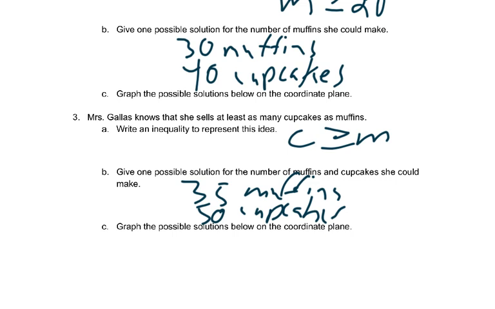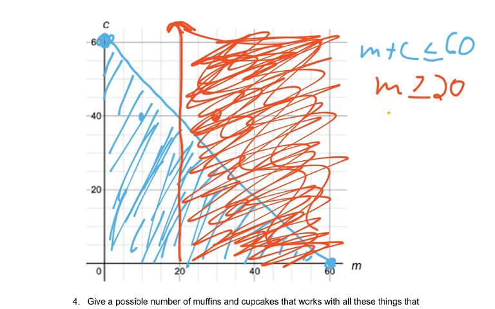So now let's go ahead and change our color. I'm going to do this one in yellow. So we have C is greater than or equal to M. And this is going to have a C and M intercept of 0. And then our slope in this case is 1, right? So I could plot a point here, for instance. I could plot a point here, for instance. And it's going to be this line like this. Put an arrow there because it goes on infinitely, but a point at the origin because we can't go lower